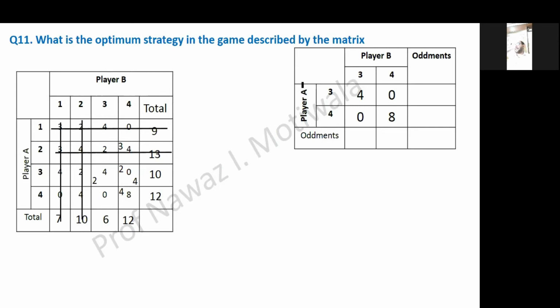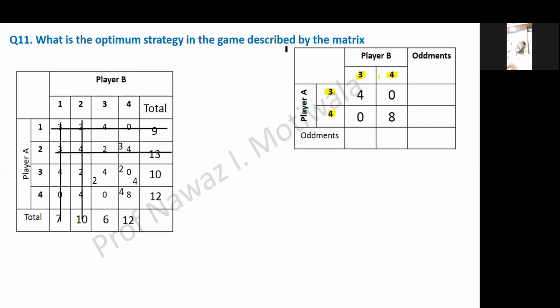Hence you note down that I have written here 3 and 4. And similarly here I have written 3 and 4. So the answer we will get after solving by the oddment method will be P3 and P4, Q3 and Q4, not Q1, Q2. For finding out, we will write Q1 and Q2 only. But while writing the final answer, I will write those values on the third and fourth strategy respectively.